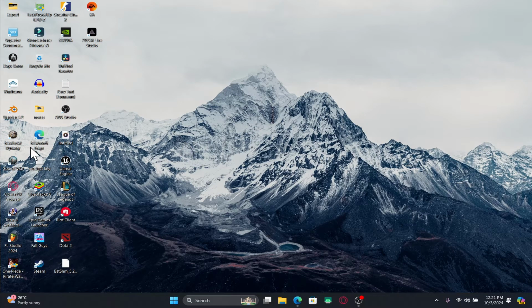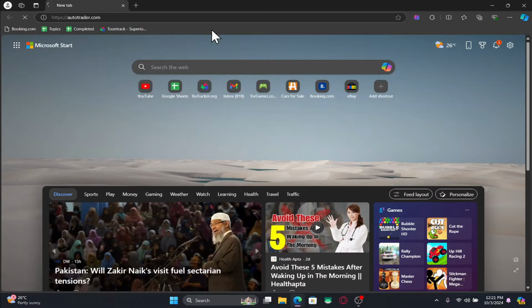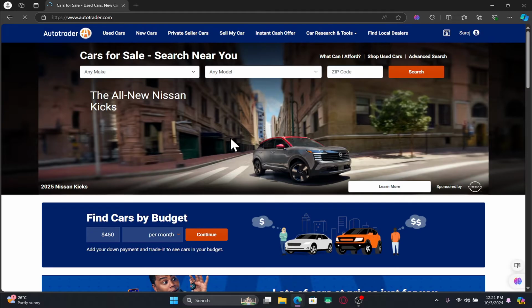First of all, open up your web browser and then in the address bar type in autotrader.com and press enter. You will now be taken into the official Autotrader website. If you haven't logged into your account already, click on the login button at the top right corner and proceed forward with your credentials. Once you are logged in and taken into the home page,